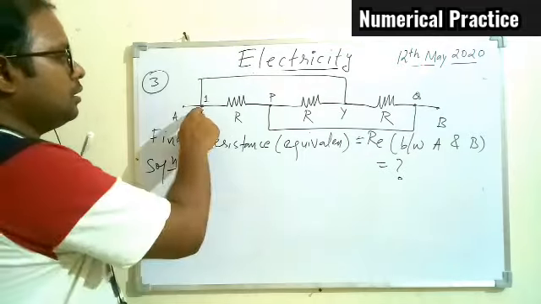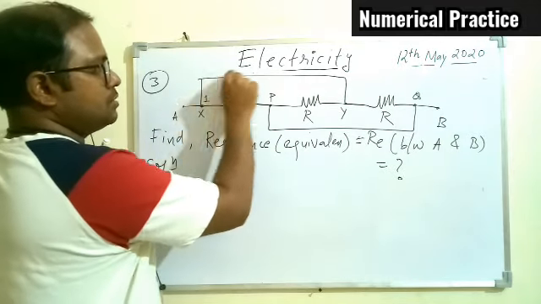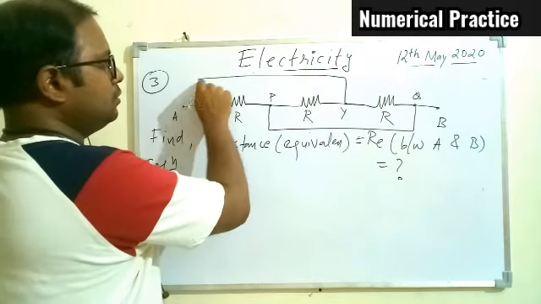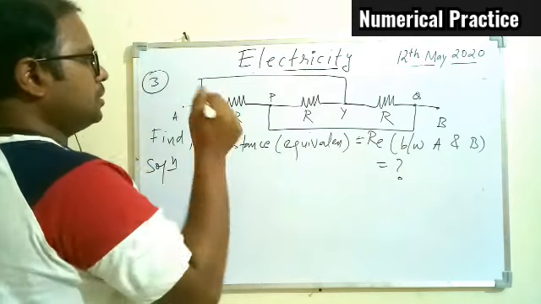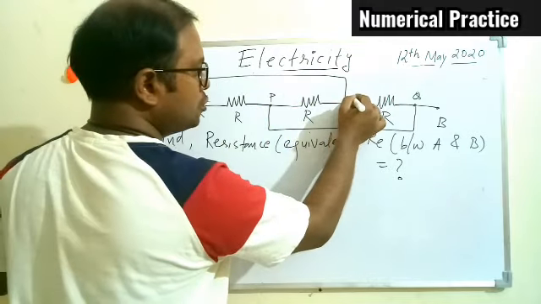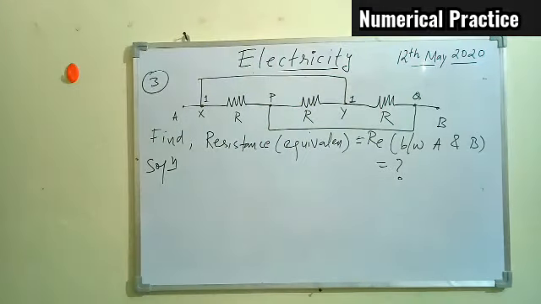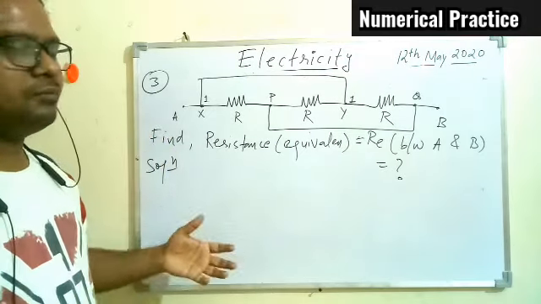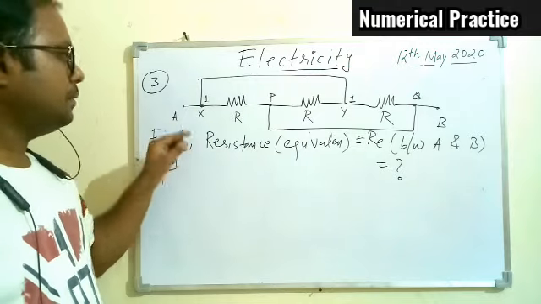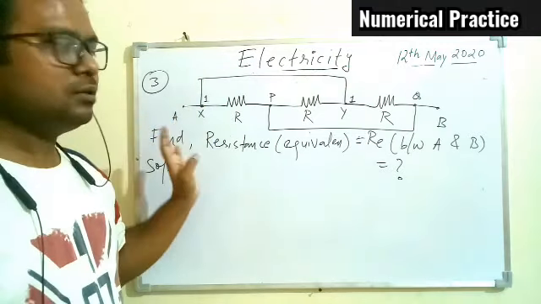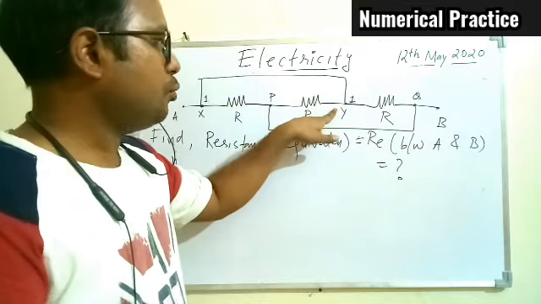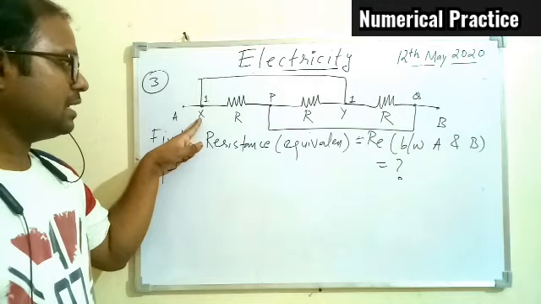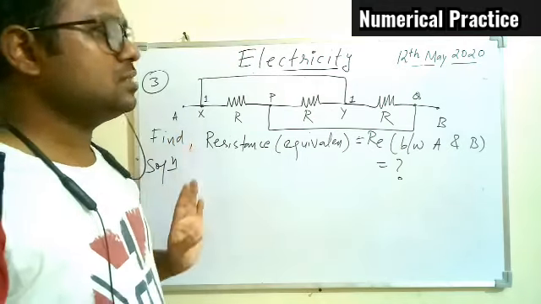Now the concept is, if you connect a simple wire, that is almost no resistance, from 1 to some point Y, then because of this wire, this Y point will also come at the same potential. So if at a particular point potential is 1, it can be 1 volt, 2 volt, 3 volt, but I am giving the number 1. And if you connect a single wire to some other point, then that point will also come at the same potential. So that is the concept you have to understand here. So this X and Y are at the same potential.